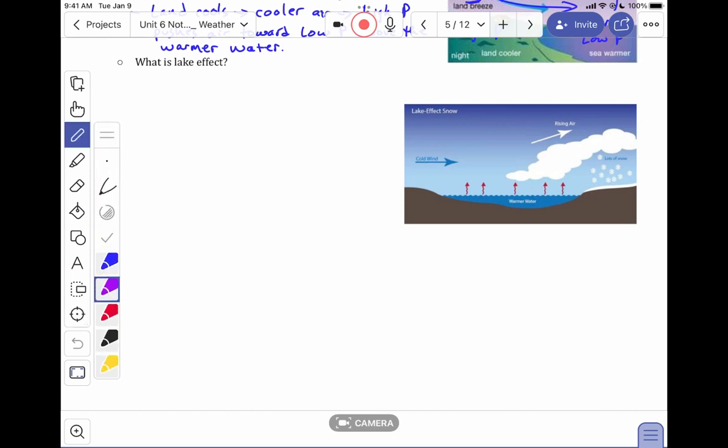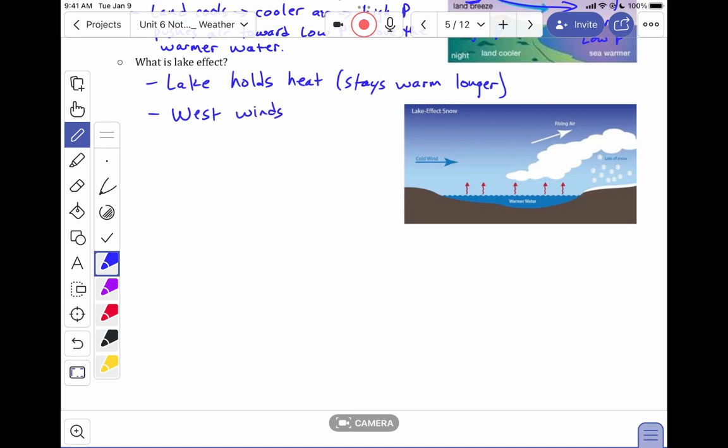All right, let's write all this down and then keep going. So the lake holds the heat, and it stays, you could say, warm longer. And like I mentioned before, that comes from its high specific heat. So here we have west winds. At our latitude, we have the westerlies, and that brings dry air over the warm water. And because that air is so dry, we're going to get water